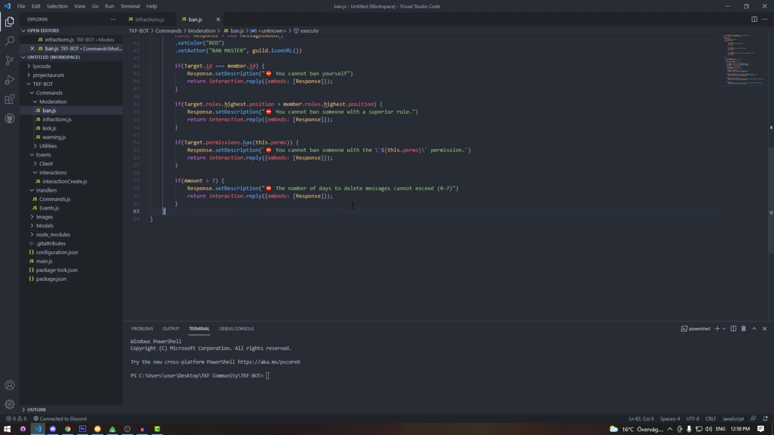Alright, so now we're done with the checks. Now we're gonna send a message to that target, because when somebody gets banned, they will wanna know why they got banned. So we're gonna send a message to that target saying that you got banned for this reason. So here we're gonna type target.send